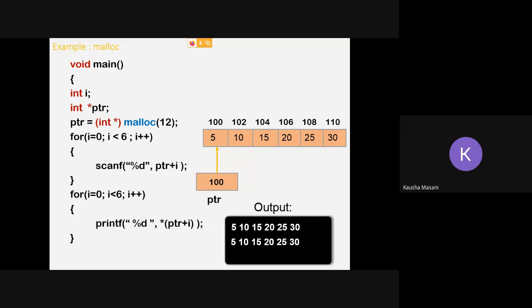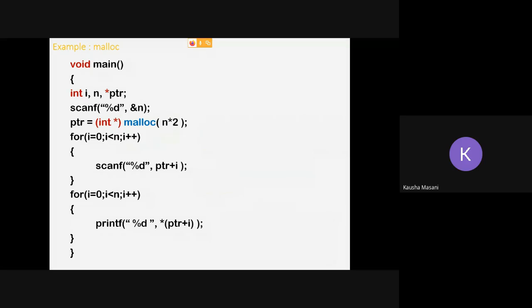Yes, we are going to take a variable, correct. See, in both the highlighted places, we are statically writing the value right now, right? 12 and 6. Now instead of that, what we are going to do is change it, and we are going to take the value from the user, that is n.